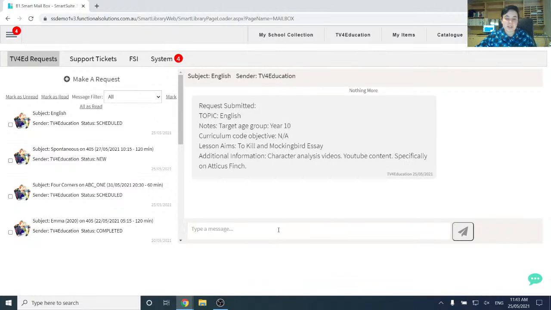If you think of anything extra afterwards that you want to add, let's say you also remembered a specific documentary that you might want to show that you haven't seen on TV4Ed, you can write it in there, or you can say that you've had a look through YouTube and you'd actually prefer some TV4Ed videos. You can just say TV4Ed videos as well, and then you can say also videos